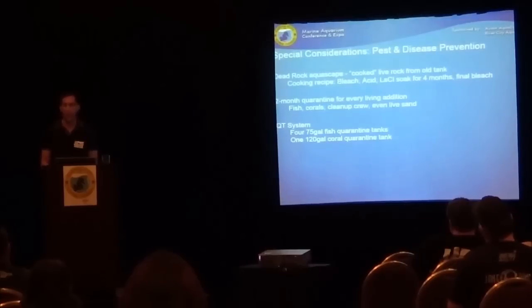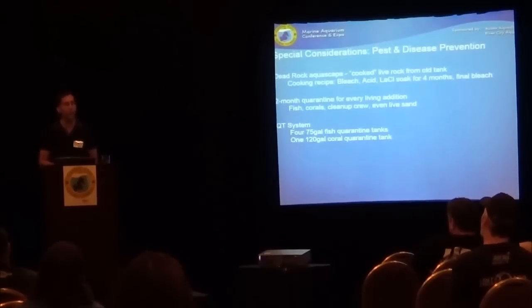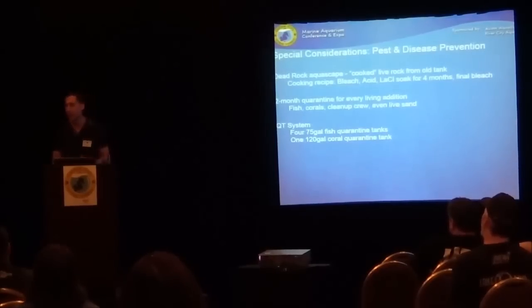And this is not just the fish and corals, it's also cleanup crew and even live sand. So I had some live sand with Bryopsis emerged from. I decided to add live sand for biodiversity about 7 years in on that 205, and Bryopsis appeared a few weeks later. So again, may not be proper attribution, but even my live sand is going to go under observation